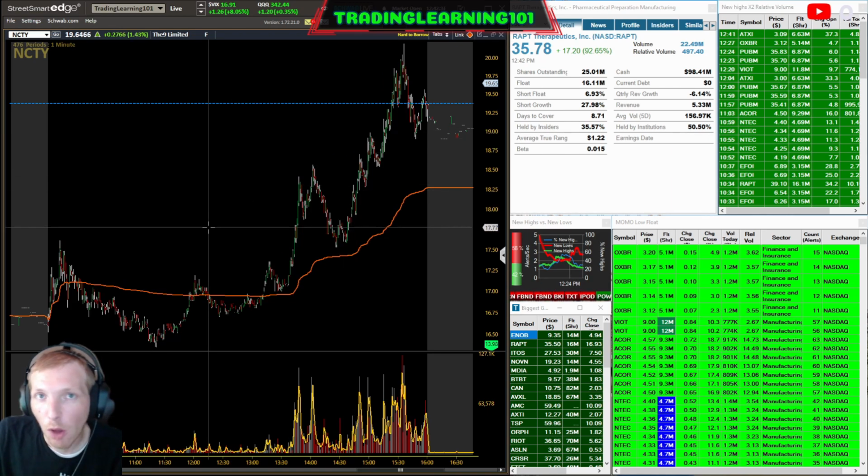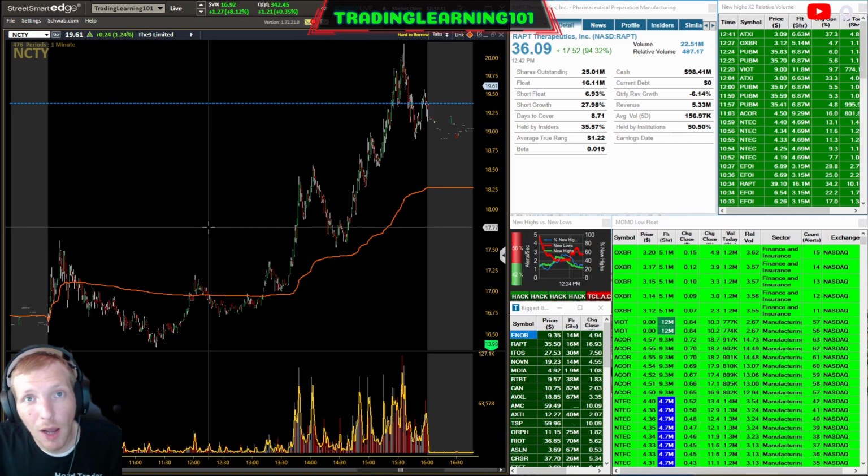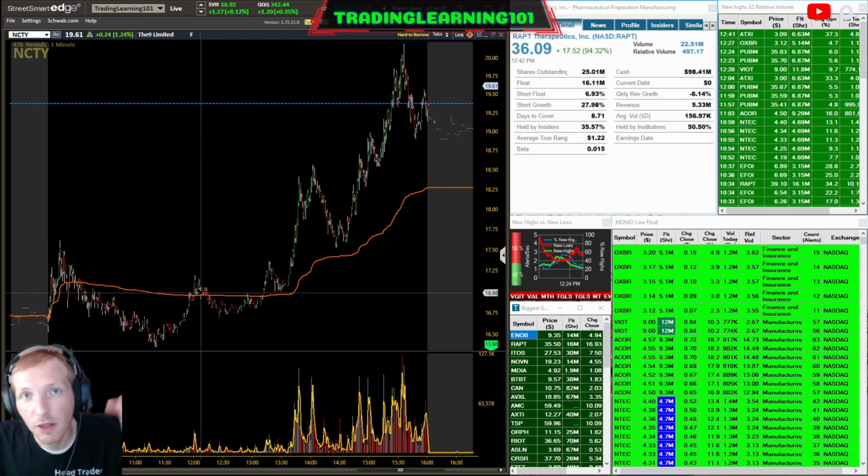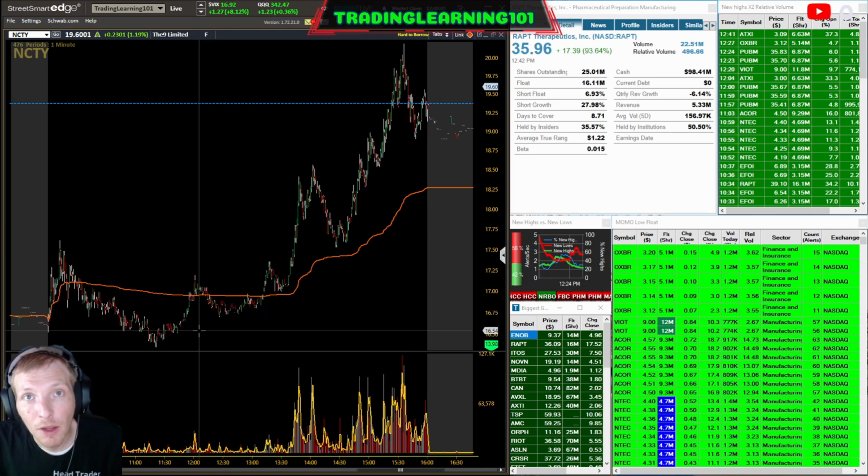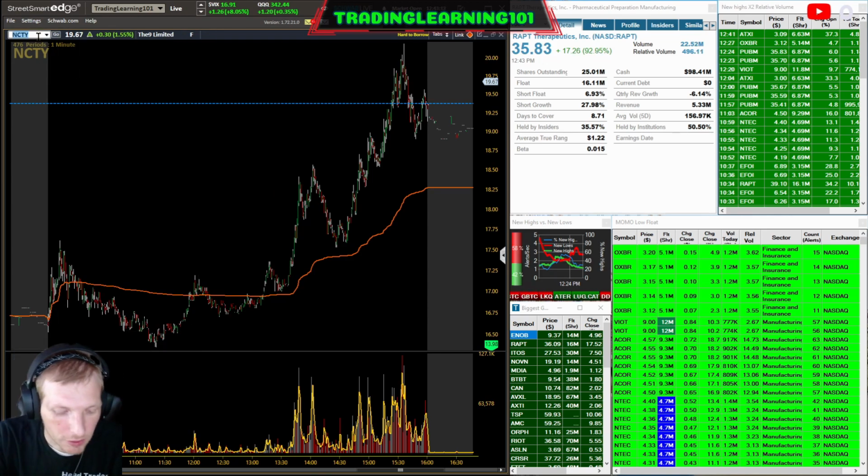Traders like to use VWAP also. The saying goes, if the stock is trading above VWAP, it's bullish. If stocks are trading below the VWAP, it's bearish. These institutions use VWAP. If a stock is above VWAP with these institutions, the closer that they can get filled at VWAP buying, the better. Now, if they're selling and stock is below VWAP, the closer they can get to the VWAP when they sell, the better. Let's look at another example.